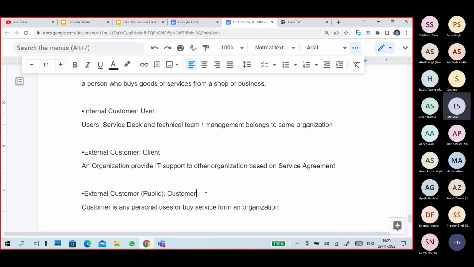When I say client type, it means you are an organization providing a service to customers. So you are providing a service to a customer, and this customer is not an individual person. This customer is a whole organization. For example, Savant has taken a service from Microsoft. Which service is it? The Office 365 service. It is a cloud service.